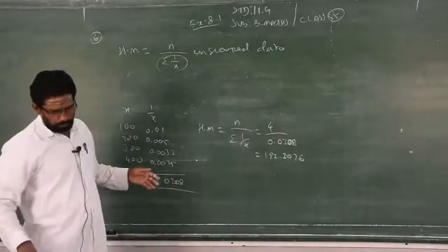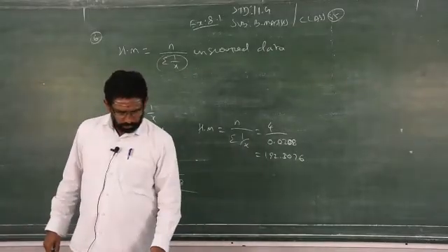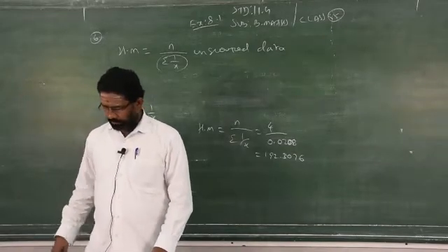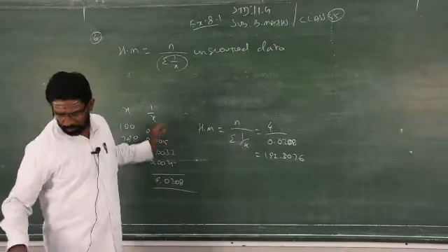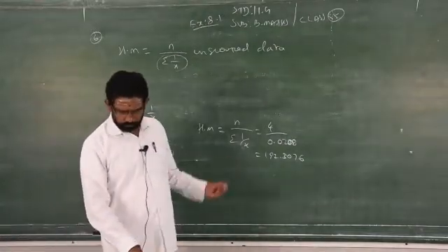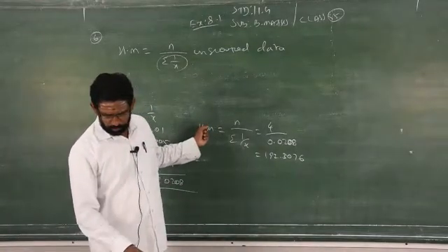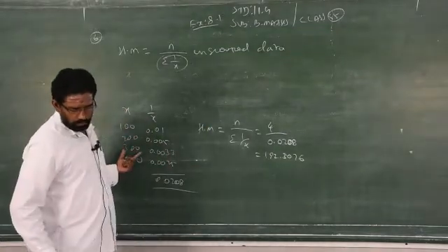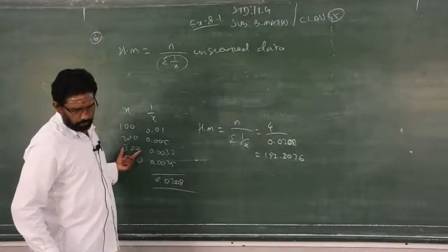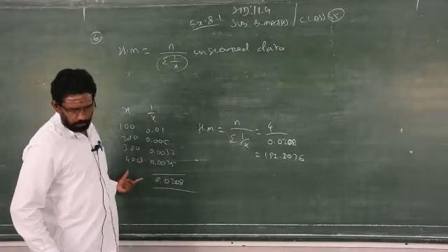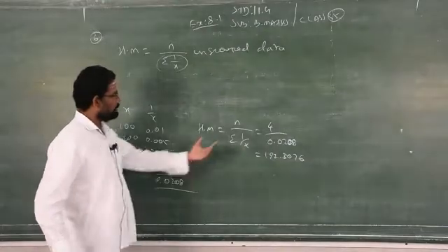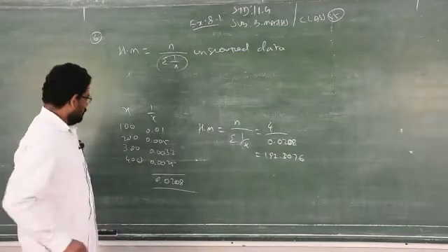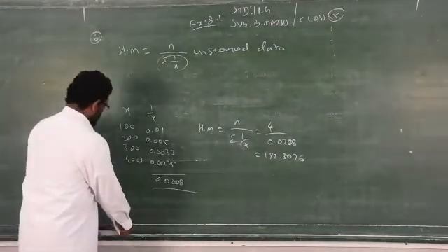You can write x is equal to the sum number 7. You have to use the same model. Clear? First one 48, then 40, the last one 32. So you have to find out 1 by x, substitute in this formula, you will get answer. Clear? So sum number 7 you take as homework.